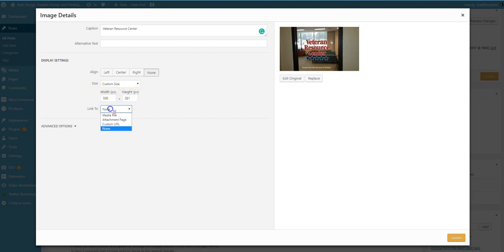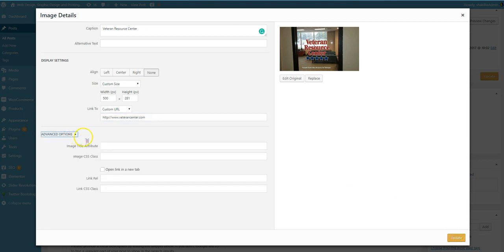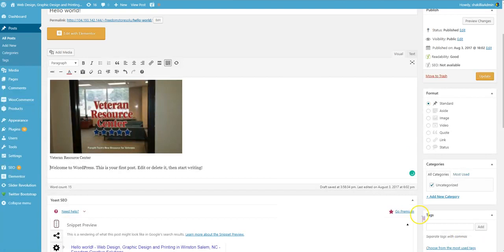So then you can also add in a URL and have it linked to something when somebody clicks on it. So we're going to do www.veterancenter.com, and then I am going to hit update. There's also an advanced options down here, but again, I really wouldn't worry too much about this. This would be something that a developer would more than likely have access to, and we'll dig into all of that later. But you click update,